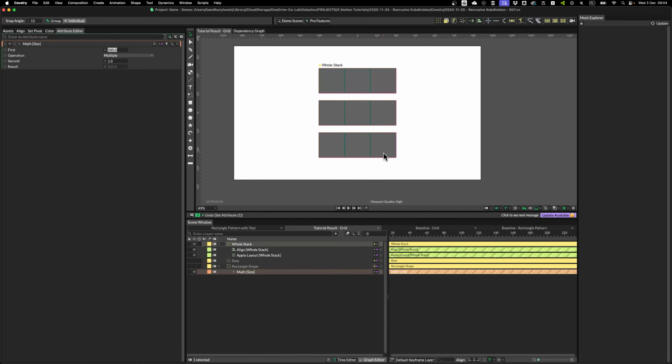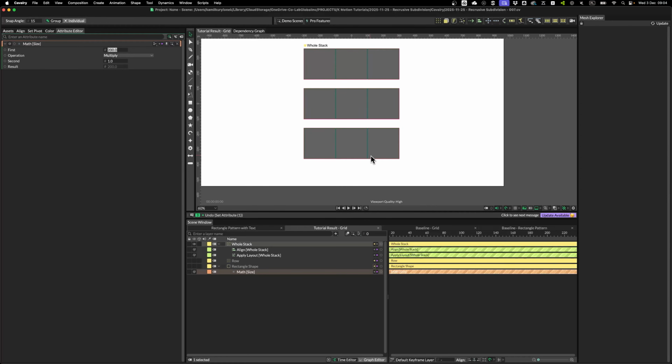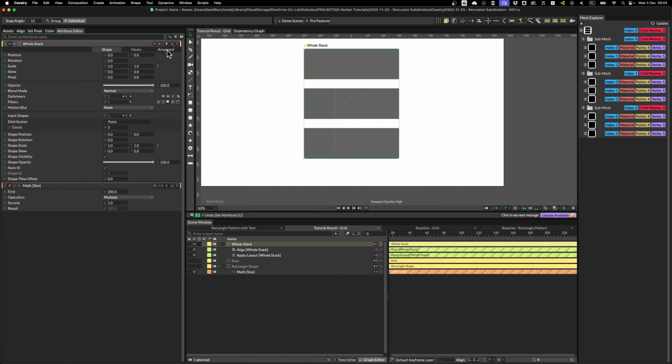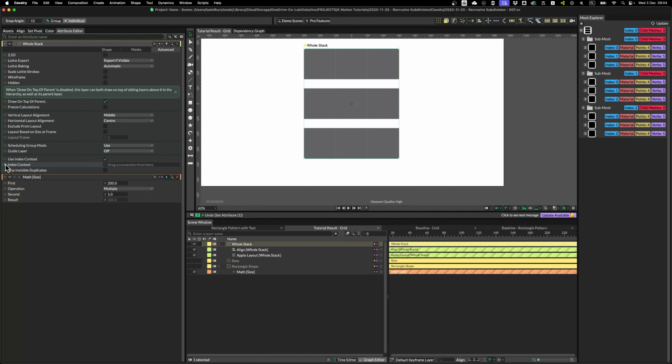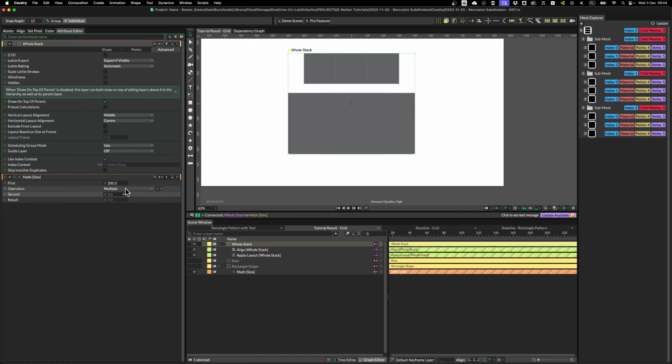So at this point, we have rectangles the size of 200. This one should be 100, this one 50, and so on. The way to do this is we simply need to grab index context from the second duplicator, plug it here. Now, do not switch this operation to divide, otherwise Cavalry might crash because you're not supposed to divide anything by 0. So let's change this by adding expression